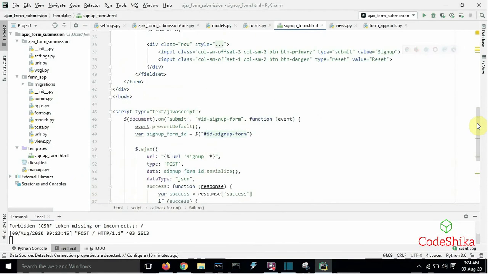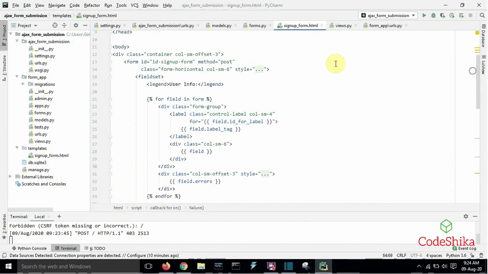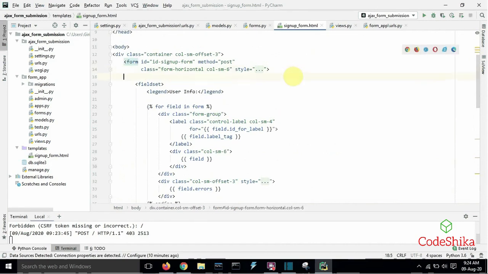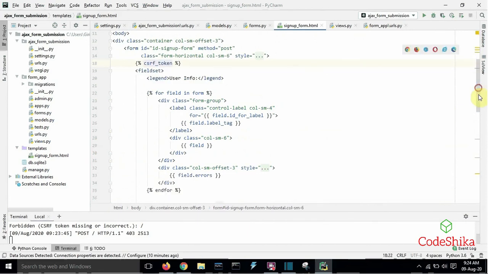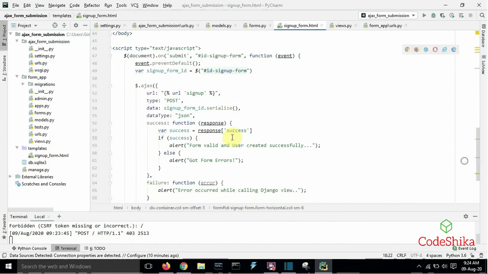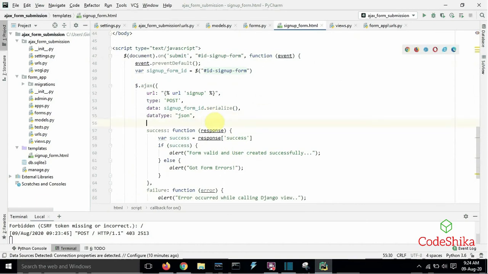Now add here csrftoken. Now add here headers.